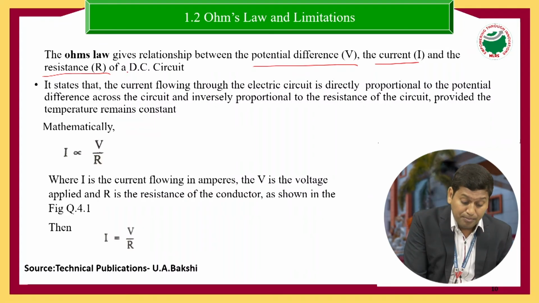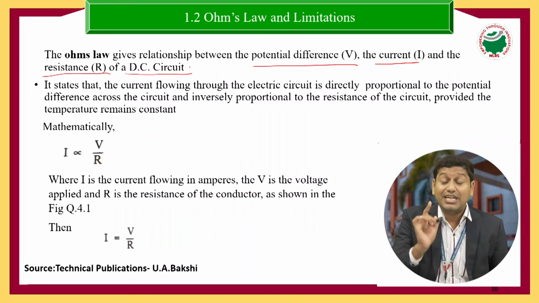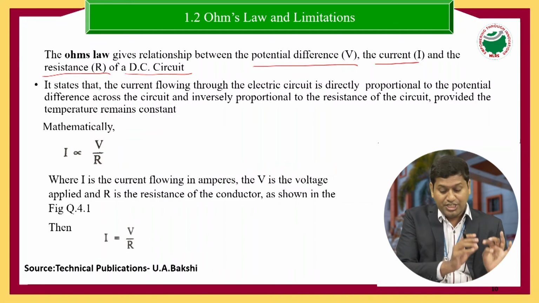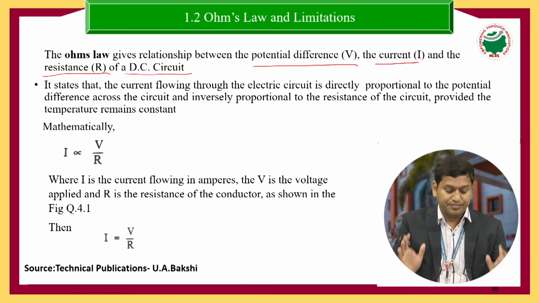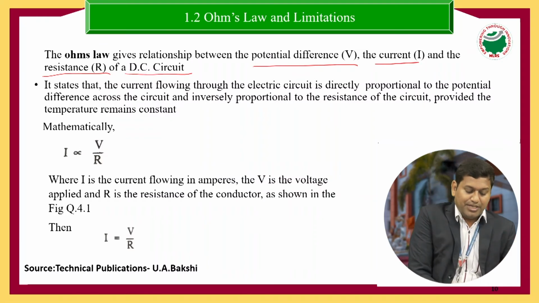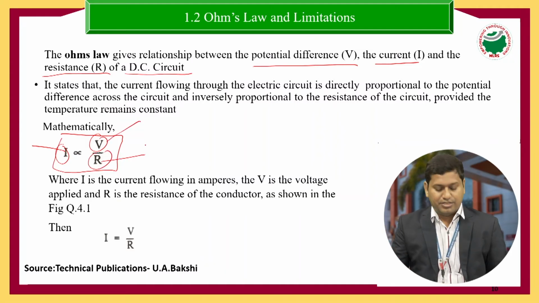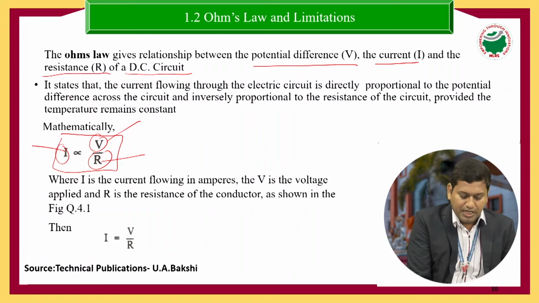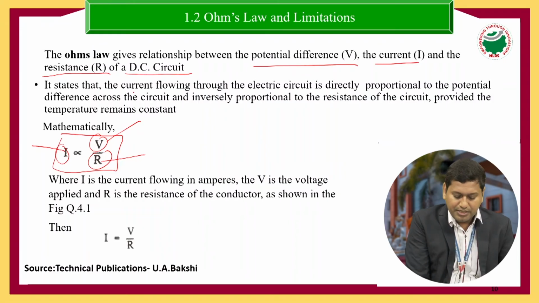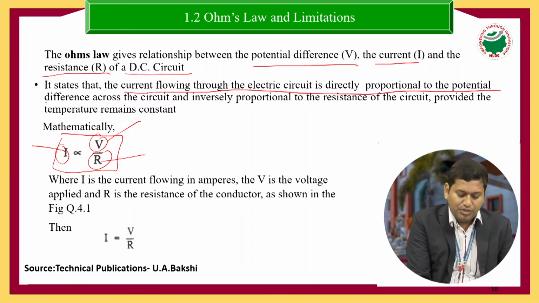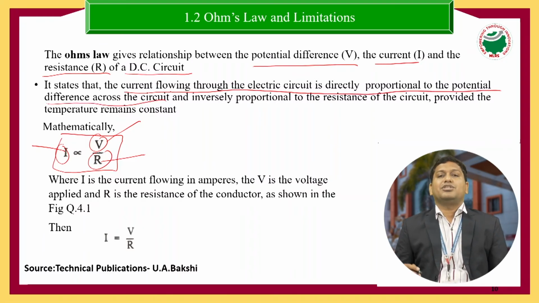This is the most important point: it is of a DC circuit. It gives a relation for voltage, current and resistance. So mathematically I can say I is proportional to V by R. What is I here? I is current, V is voltage, R is resistance. So let us see the statement. It states that the current flowing through the electric circuit is directly proportional to the potential difference across the